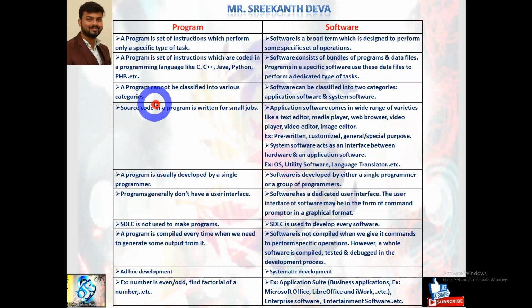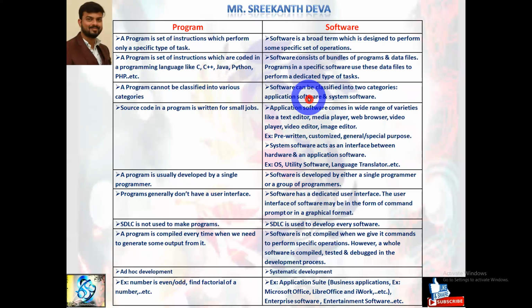A program cannot be classified into several subcategories, but software can be classified basically into two categories. First, system related softwares, which are used for system purposes. We discussed that language translators and several operating systems are good examples of system related software, like utility softwares. And coming to application softwares, we had discussed various application softwares like pre-written applications, customized applications, general and special purpose applications. These are used in the real world environment and become a